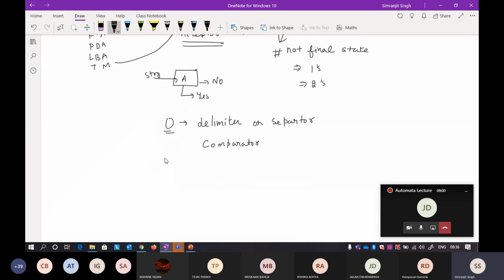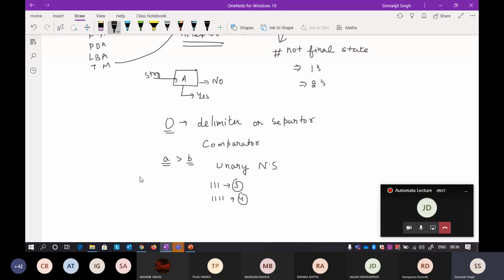Suppose I want to say that my variable a is greater than another variable b. First of all, I use a unary number system here. In this particular question, I'm using a unary number system. Unary number system means that 1, 2, 3 is representing 3, and 1, 2, 3, 4 is representing 4. So this is not decimal, only the unary system.